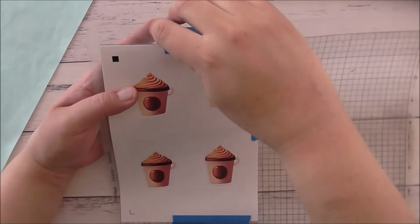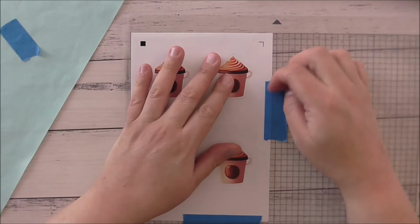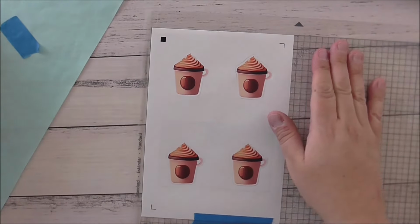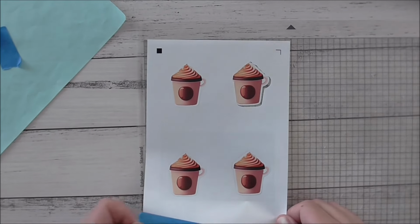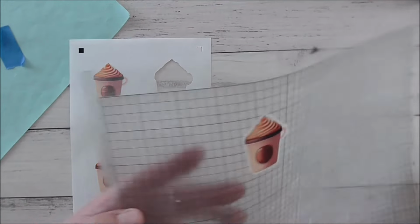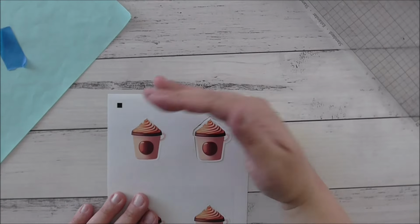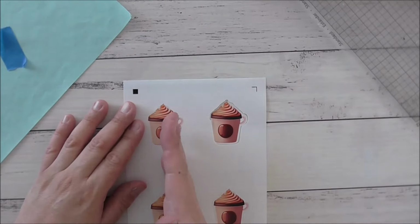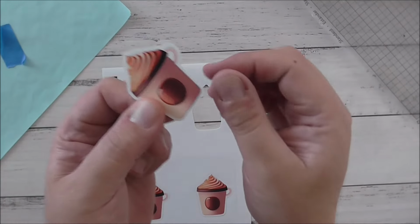Cutting with my Silhouette. I did put this painter's tape on here off camera because I don't have much sticky left on the mat. So I'm just going to take these off, and I will show you the settings, and we already had a peek of that too. As I said, the top half is unlaminated, the bottom half is laminated. And I said kiss cut, and then on the right it's die cut. So here you go, die cut sticker,